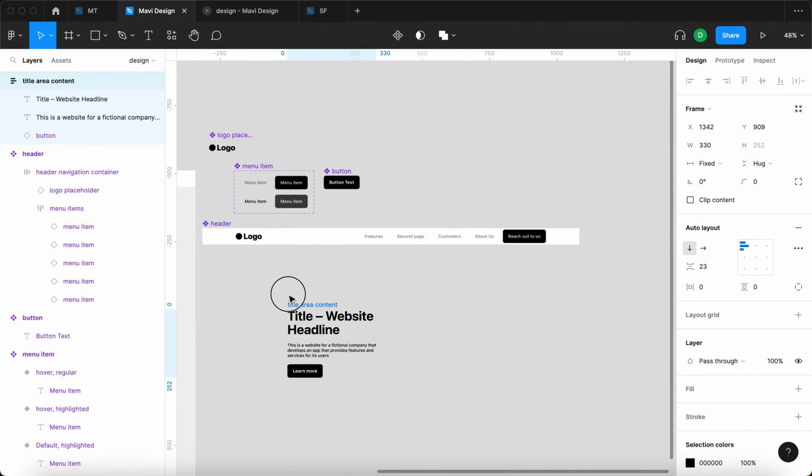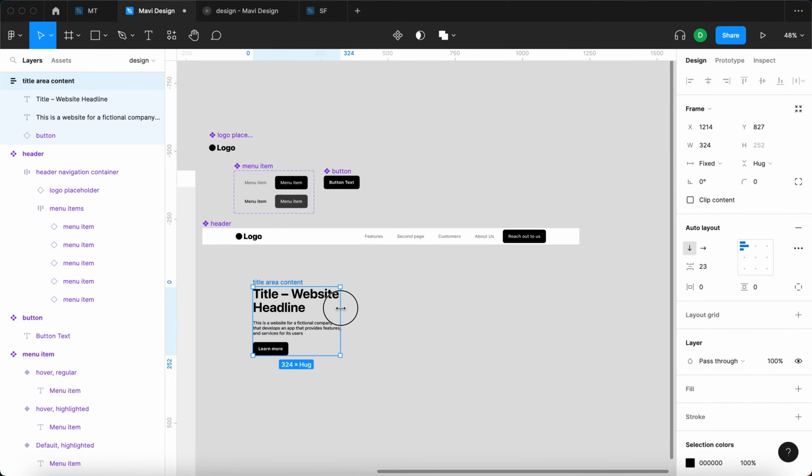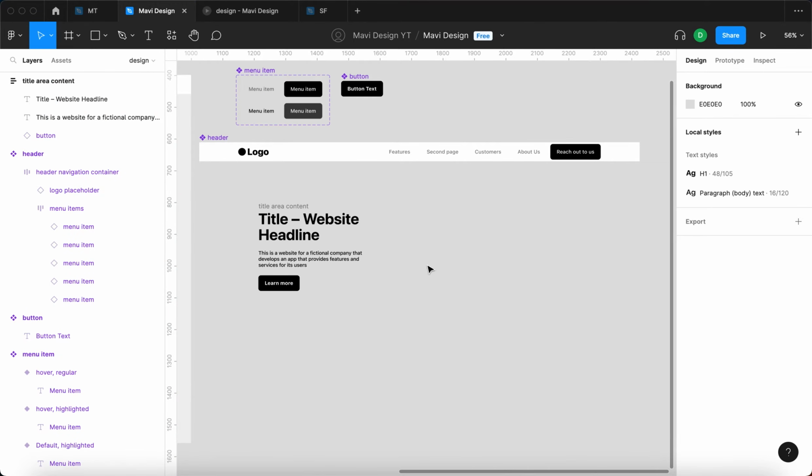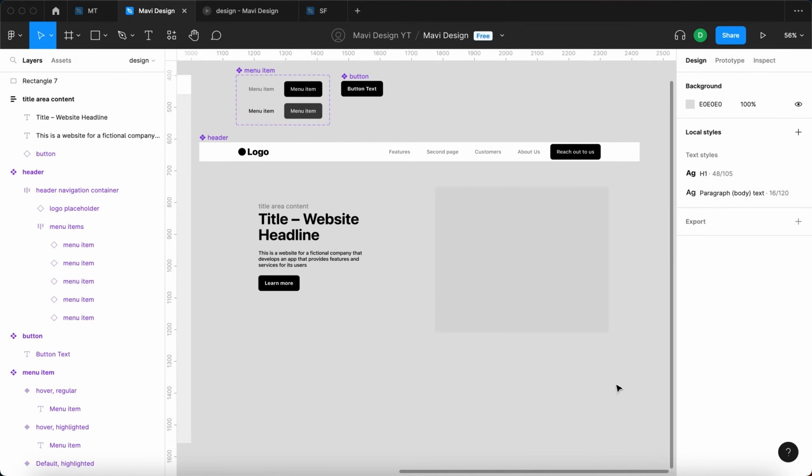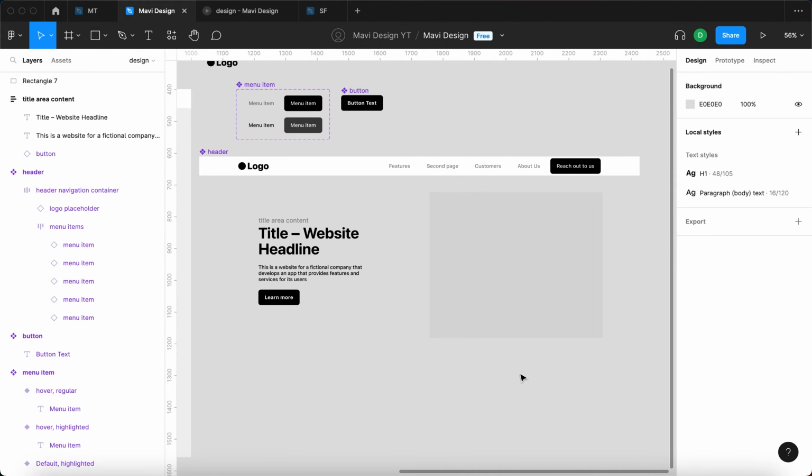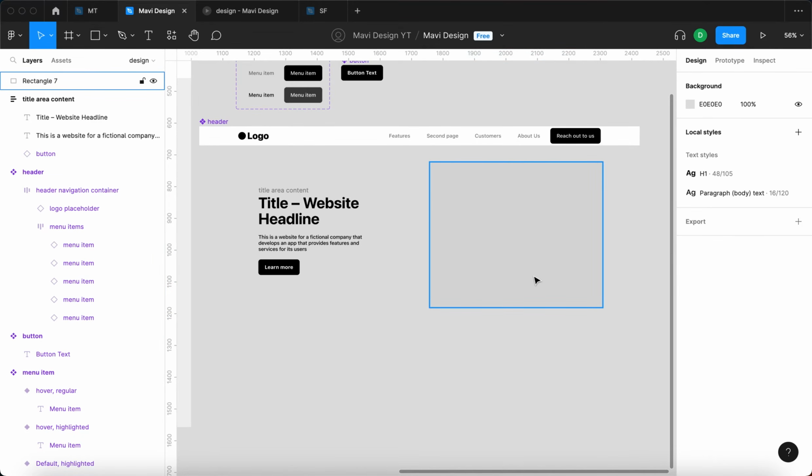In any case, we have this title area content ready. Usually, when you encounter pages like this, you have this title area right here, and then on the other side, you get some kind of an image, right? You get a place for something. There's definitely always something on the right side. And as mentioned in the previous video, we are just going through one of the possible ways to design a website, because each website design, each project is very unique. But in general, this layout is very frequent, and because of that, I'm going to create a placeholder for our